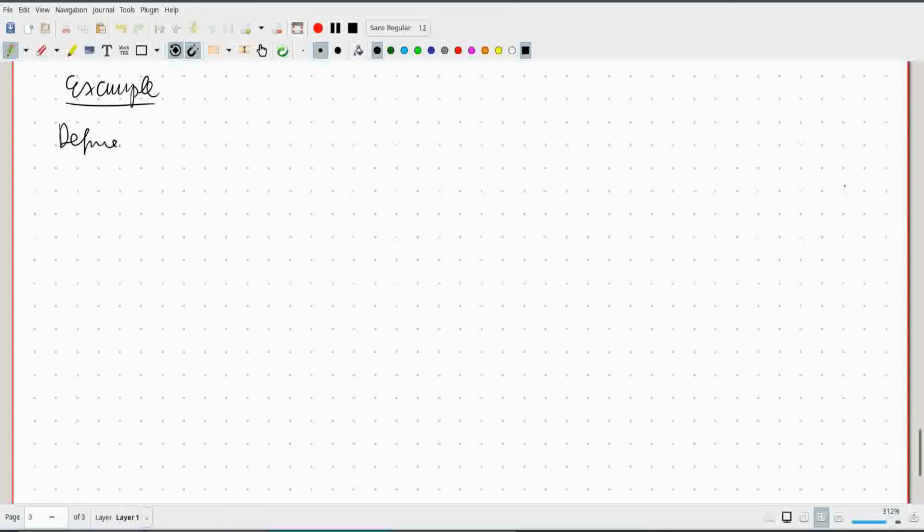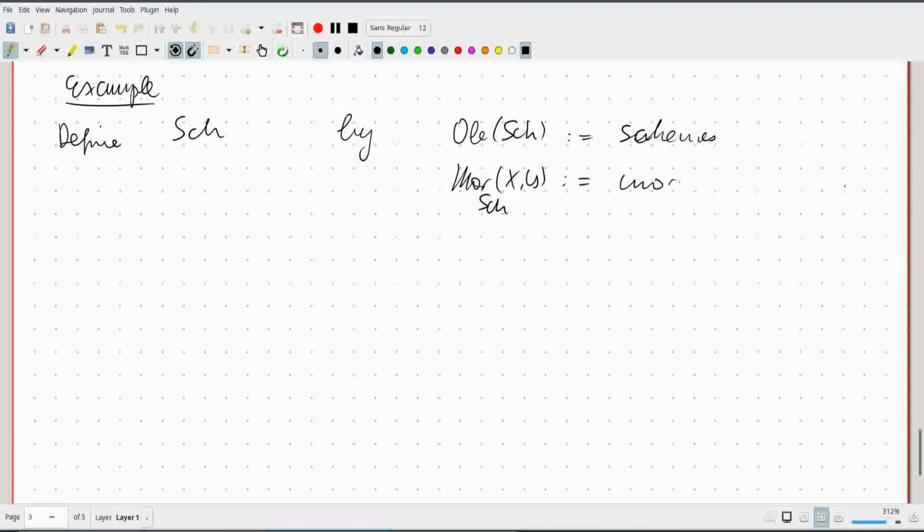So first we define the category Sch of schemes by, the objects are schemes, and the morphisms between two schemes X and Y are morphisms of schemes. And we now define the fppf site by saying that a family f_i from U_i to U indexed by I is called a cover